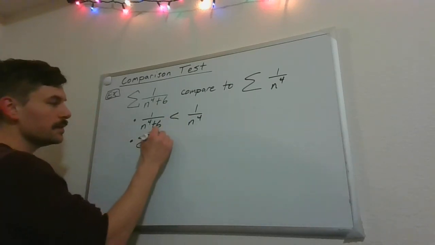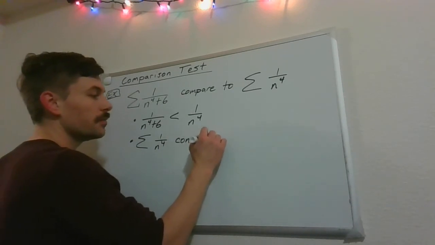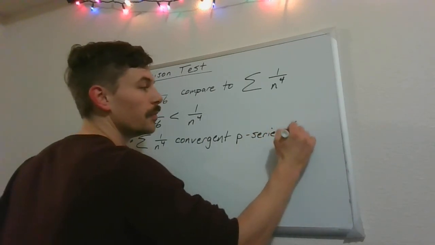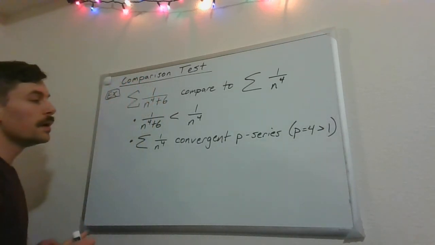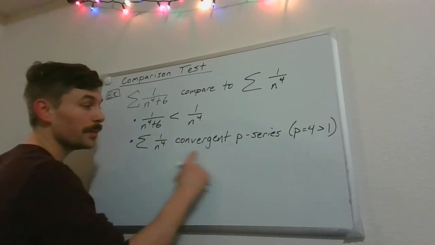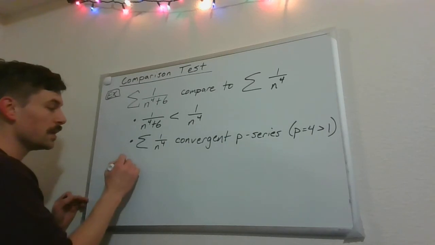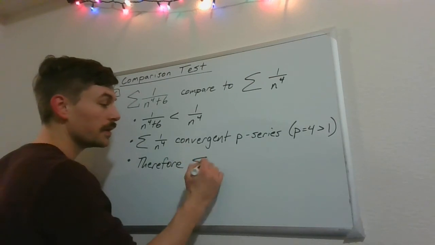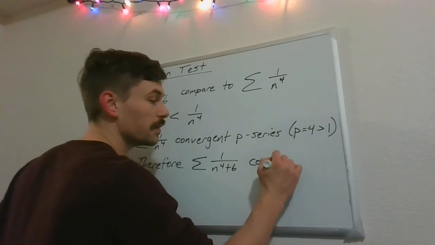Okay, then the second piece of this is saying, now whatever we compare to should be a little easier. It is 1 over n to the 4th, right? This is a convergent p series, right? And this is because p is 4, which is greater than 1. And so because the larger terms form a convergent series, anything smaller than that will also converge, right? So therefore, our given series, 1 over n to the 4th plus 6, that's going to converge,